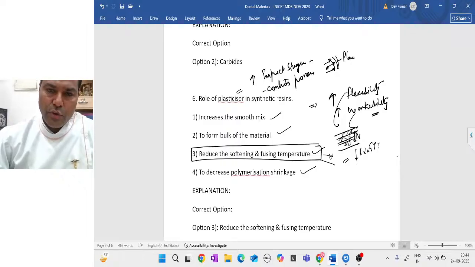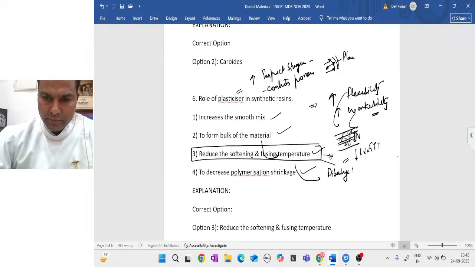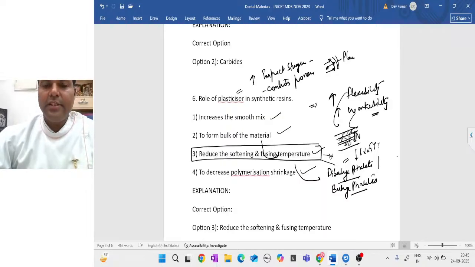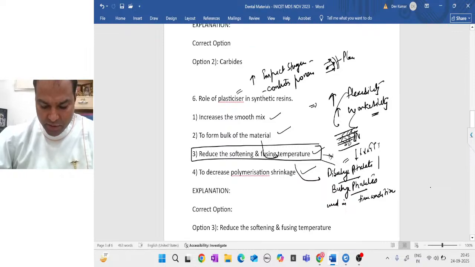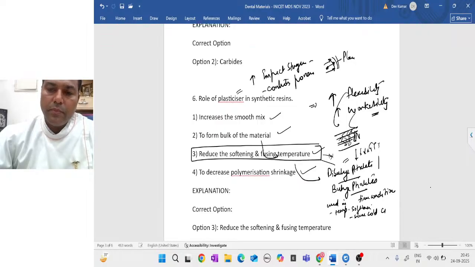ठीक है, नॉर्मली जो हमारे प्लास्टिसाइजर जो यूज़ होते हैं हमारे रेजिन में, वो हमारे होते हैं डाइब्यूटाइल थैलेट या ब्यूटाइल थैलेट। Dibutyl phthalate or butyl phthalate, these are common plasticizers in acrylic resin and they are used in tissue conditioners mainly, acrylic based tissue conditioners, temporary soft liners and some cold cure resins।